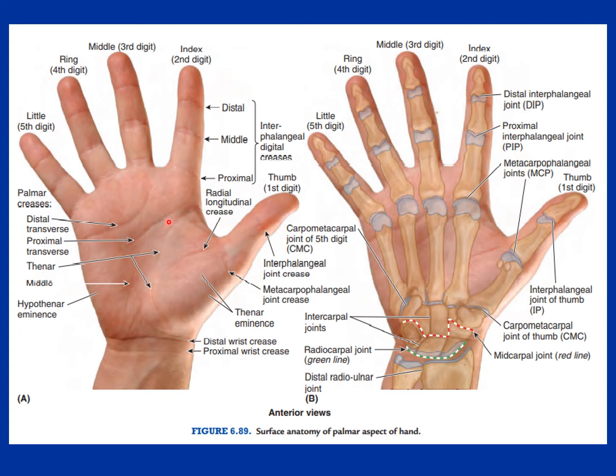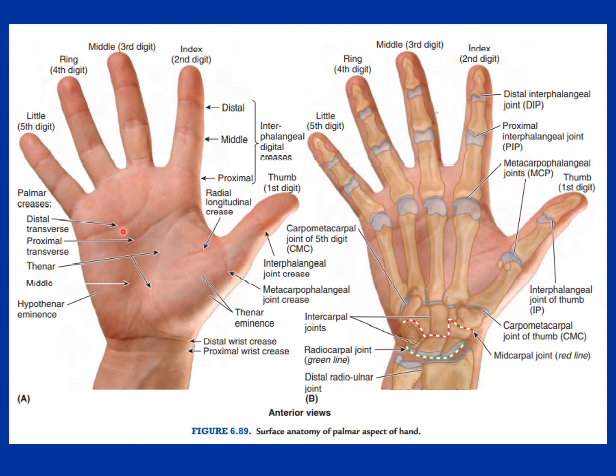The continuous movement of the hand on making a fist keeps these lines deeper, and we name them flexure lines because flexion of the palm takes place on these lines. Where we have the joints between the phalanges, known as interphalangeal joints, we have creases, and these are known as distal, middle and proximal interphalangeal creases depending upon their location. So this is the distal interphalangeal crease, middle interphalangeal crease and proximal interphalangeal crease.